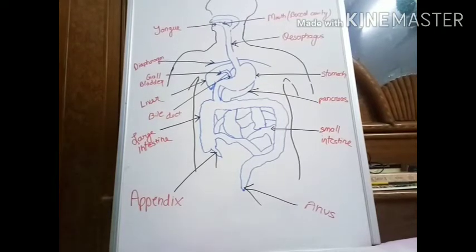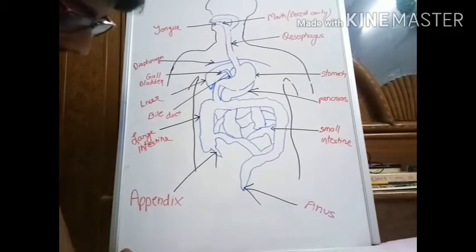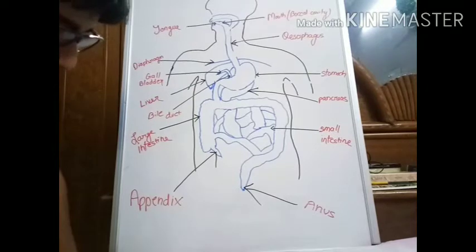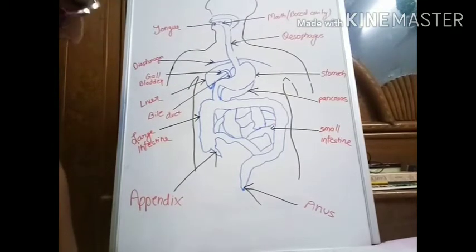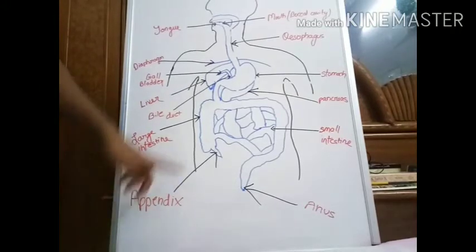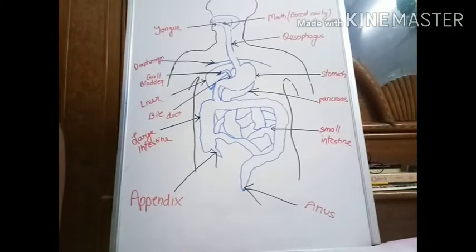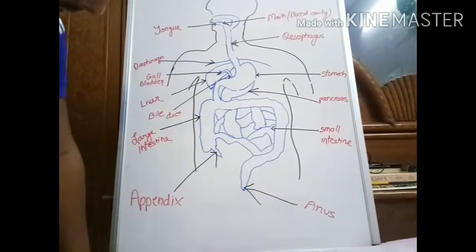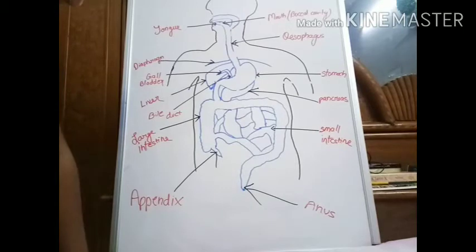Now in the duodenum, as the food is acidic, the liver and pancreas give out juices that are mixed in the duodenum. There the food is turned alkaline, so that it does not go acidic into the small intestine. So in the duodenum, the juices secreted by the liver and pancreas are mixed, the bile and all.